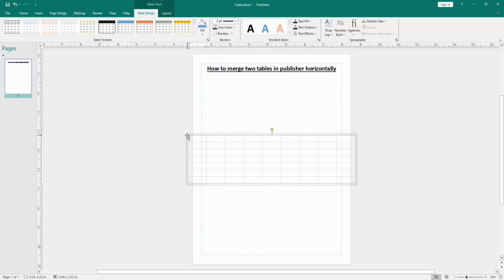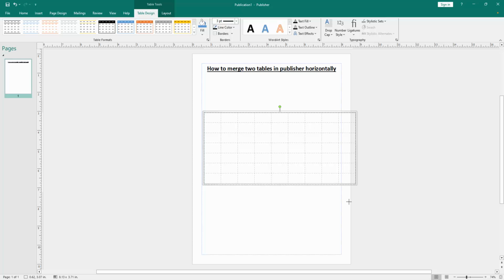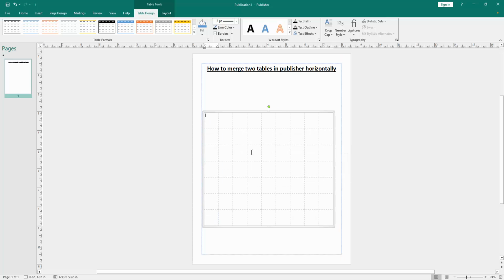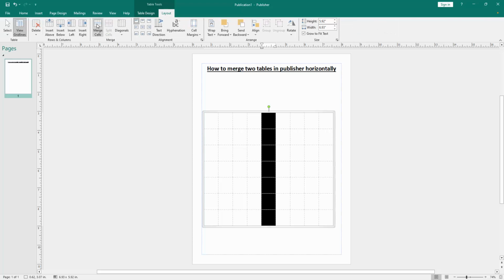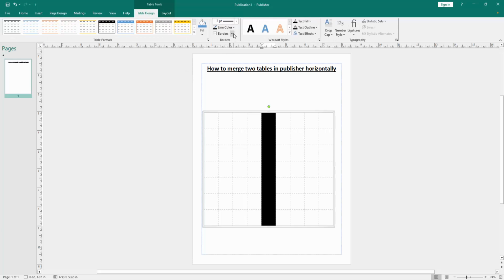Now we can see we inserted a table, then we resize this table to be somewhat bigger. Now we select the middle column of this table, then go to the Layout menu and click the Merge Cells option and select the column and go to the Table Design menu, then